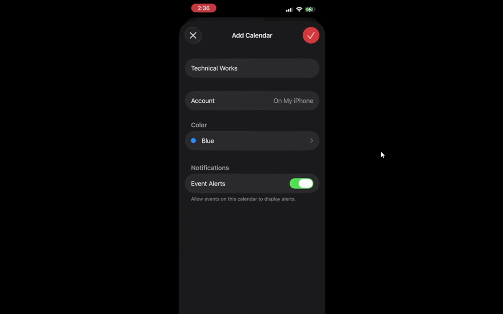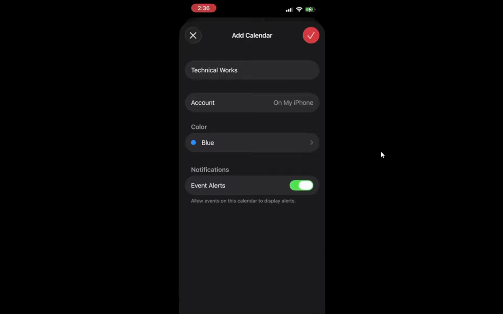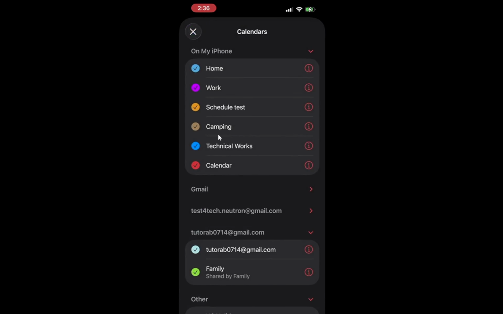Finally, tap Done. This action wraps up the process of creating your new calendar category. You should see your new category appear in the list, confirming that your changes have been saved. This moment is rewarding as you see the results of your work. You have effectively set up a system that organizes your events by category.